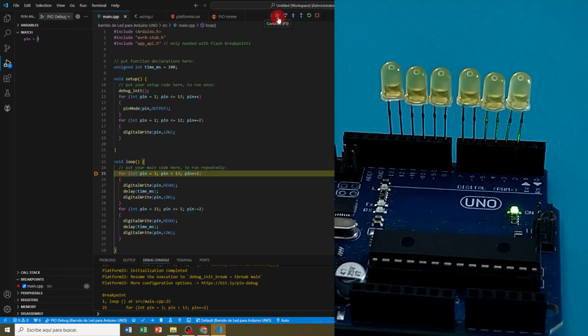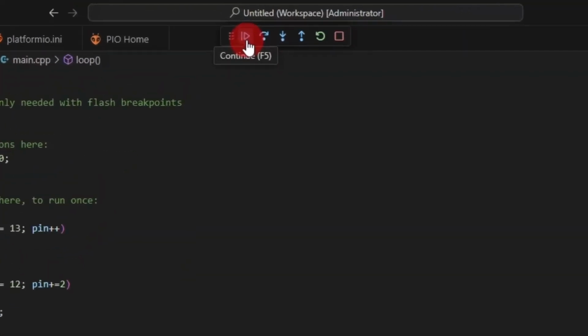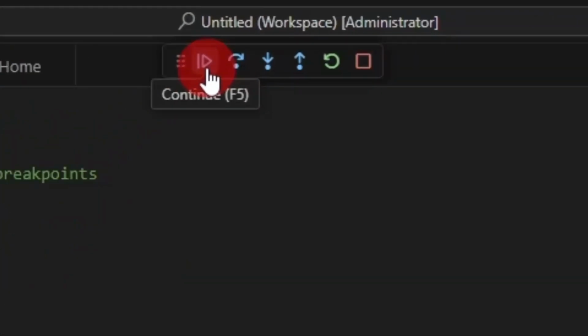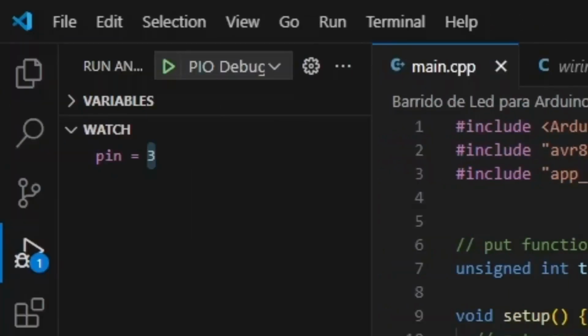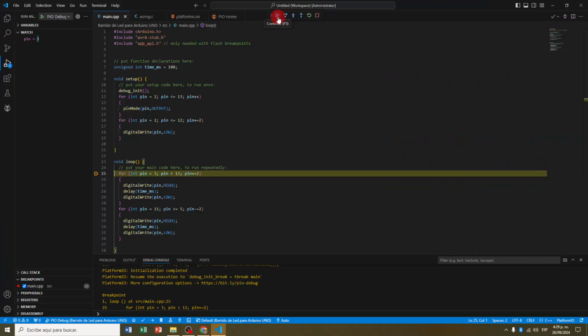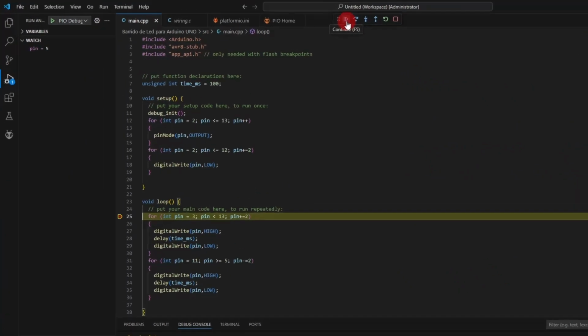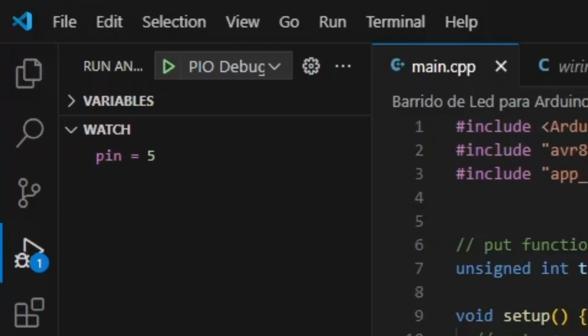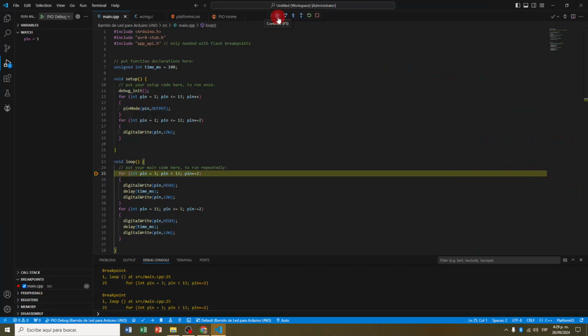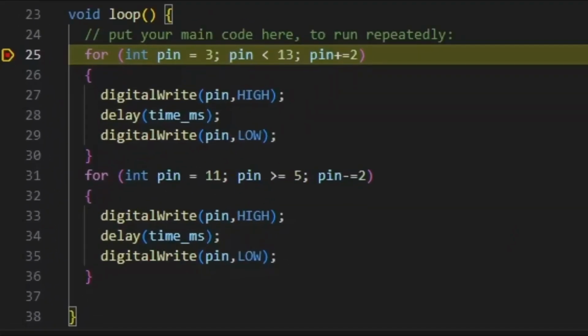In the debug control panel, we find 6 control options. A first control option called Continue, which is also activated with the F5 key. Note that the value of the pin variable is 3, the iteration variable of the for loop. If we click on this option, we will see that the pin variable now has a value of 5, indicating that